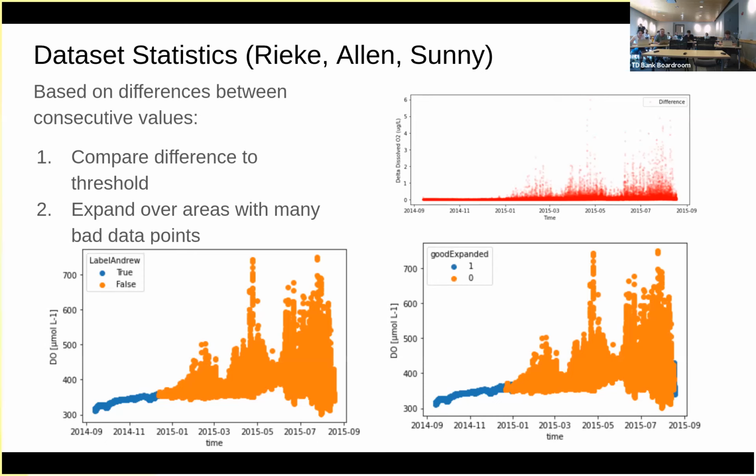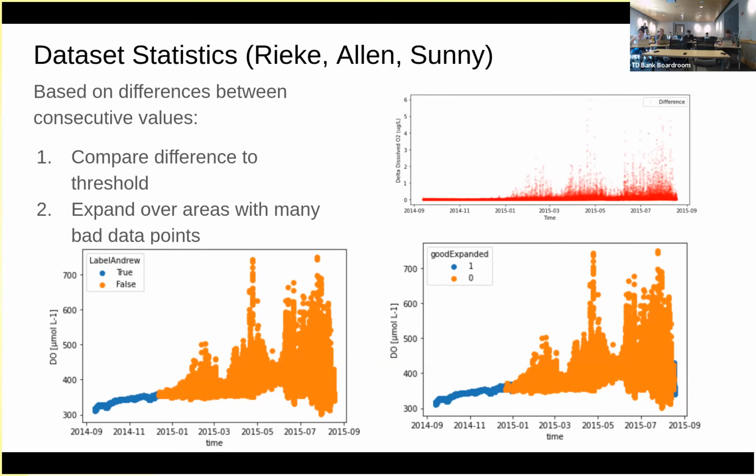So there was a group of us that were looking at the statistics of the data set, and we did a few different approaches, but one that seemed to work fairly well was Rieke, I'm sorry, I don't know how to pronounce your name, looking at the difference between consecutive data points. The upper right plot shows how when the manually labeled biofouling occurred, the difference between consecutive data points did definitely blow up a bit. And so she was looking at those differences, and